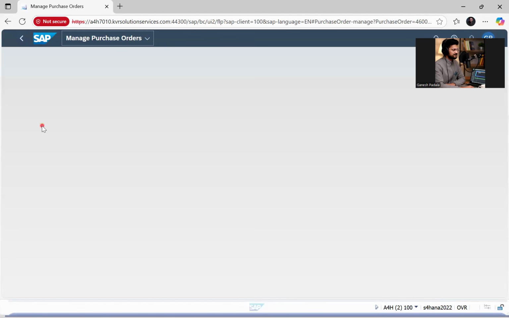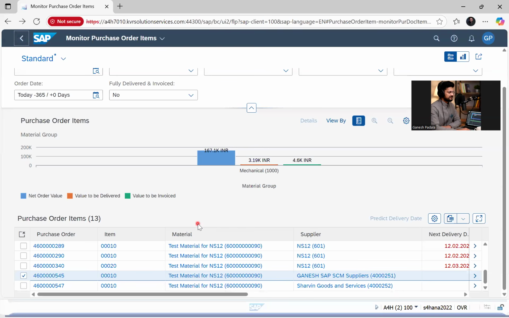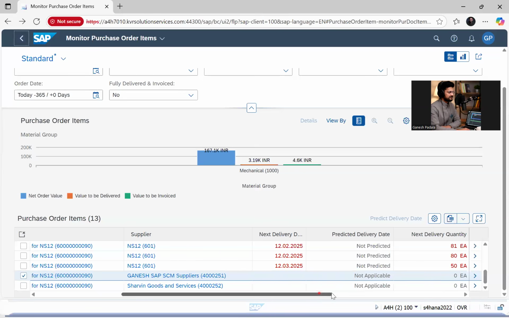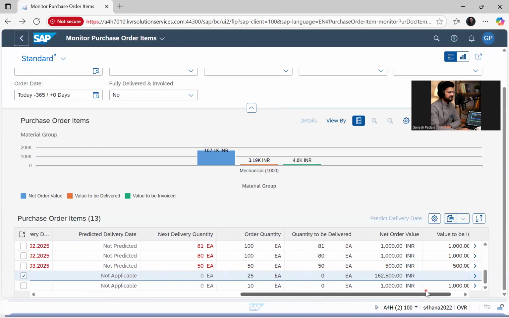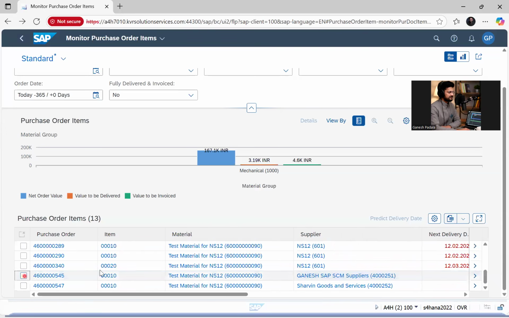We are completely habitual with ME23N. So we try to explore and use the Fiori app as much as we can, so that if you find any new option or anything, it will definitely be a good learning for us. So you can see next delivery quantity, no more, everything is completed. Okay, so whatever details we are seeing,